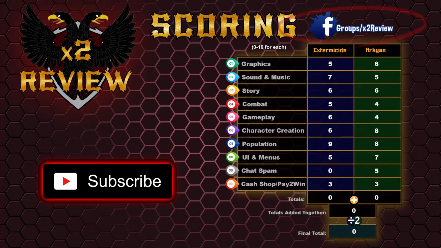All right, so adding my totals together, I came up with a total of 52. I added mine up and I came up with a total of 55. Adding those totals together, we get a total of 107. And dividing it by 2, because there's 2 of us playing, gives us a final score of 53.5. Which gives us a final letter grade of...